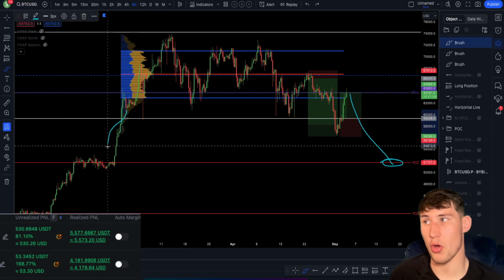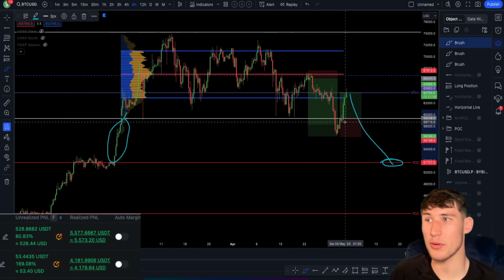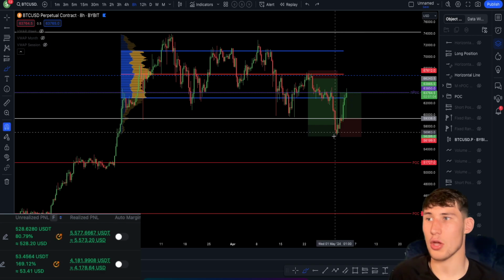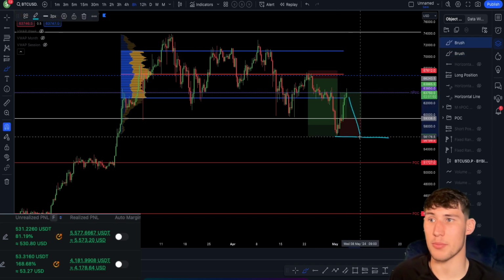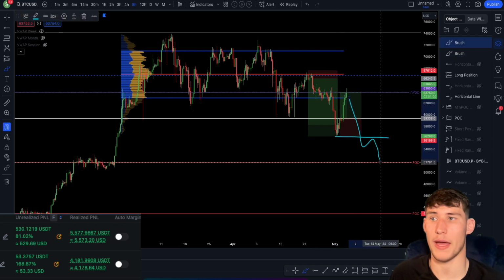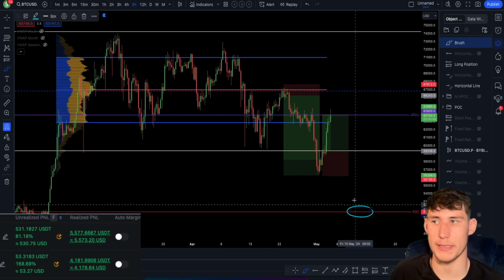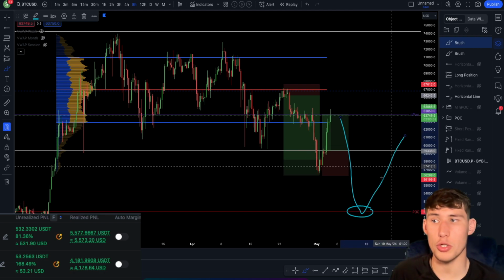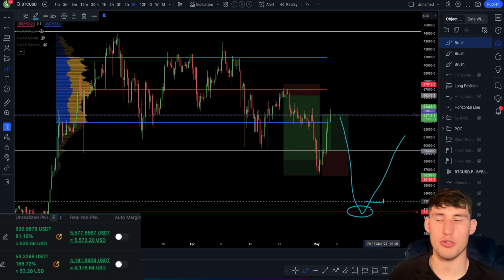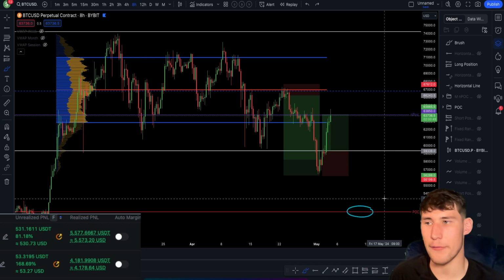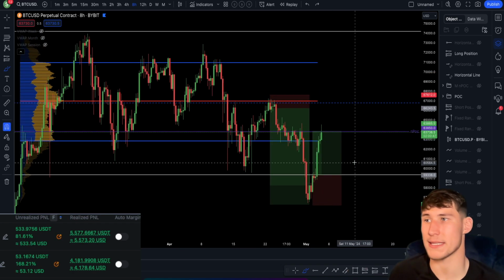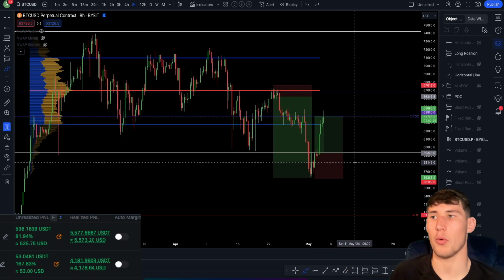As you can see, there's no support coming in right here. So if we do get a break of this low right here, then I am expecting price to just come down to $51,700, where from there, of course, we can look for a long trade down here. If price comes down here, we could look to long it if we see the bullish reaction, if we see the bullish confluence, and if we see that bullish confirmation that we want to see, then we could be looking for a long trade, okay?